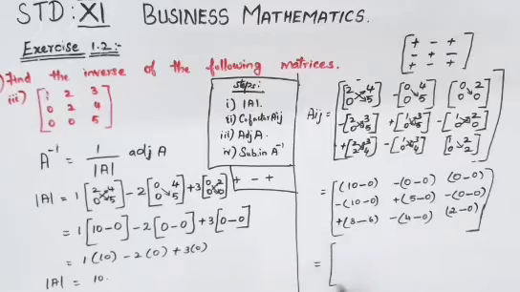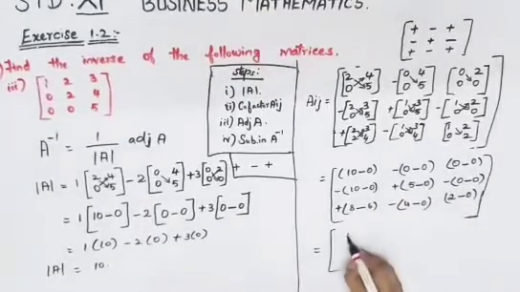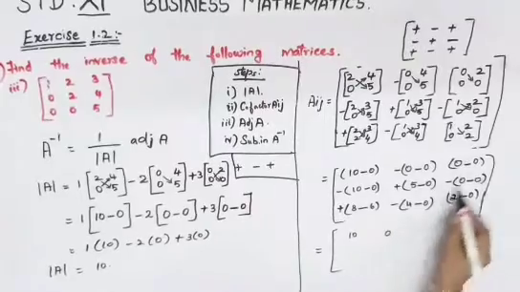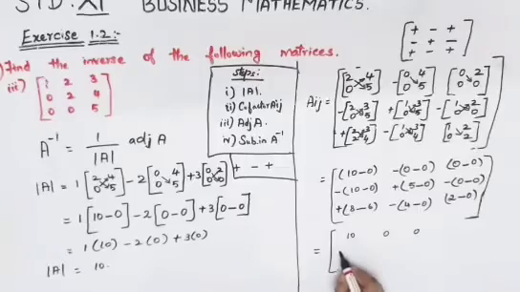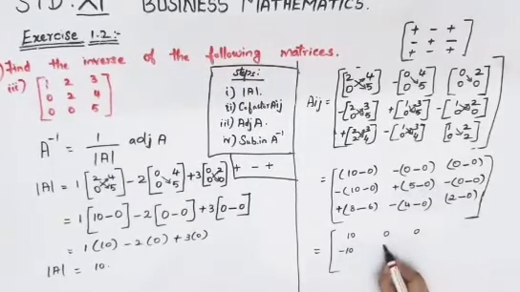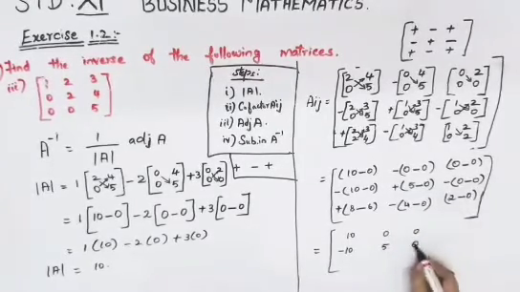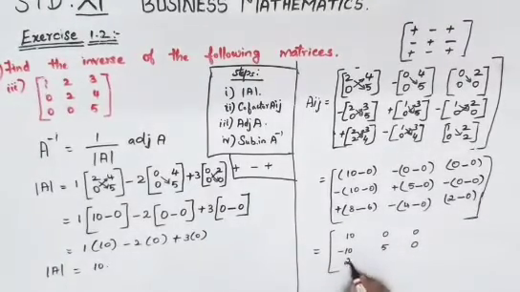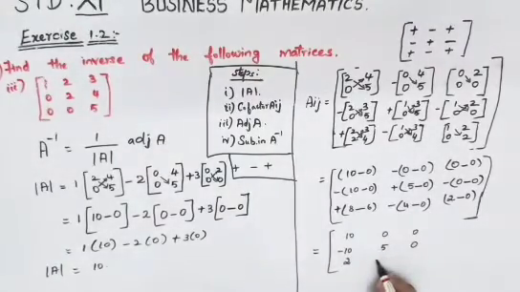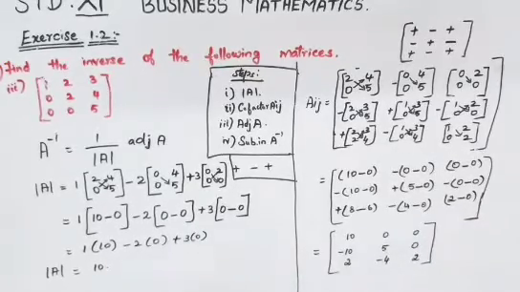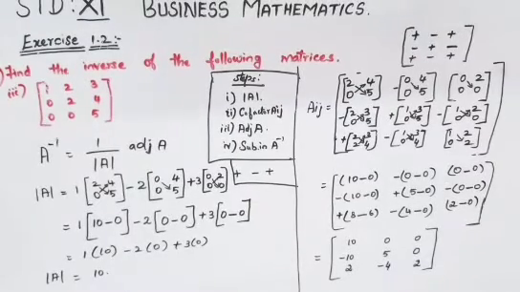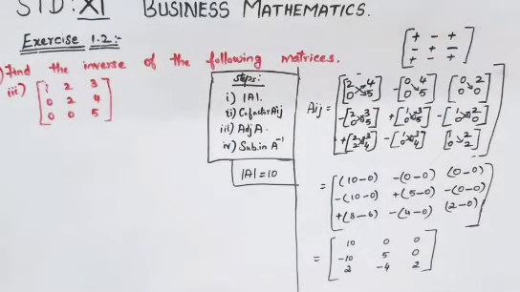Now the last step of Aij is 10 minus 0 will be 10. 0 minus 0 is 0. Again here is also 0. Again 10 minus 0 is 10, but minus is there, so it will become minus 10. 5 minus 0 will become 5. This will become 0. 8 minus 6 is 2 plus 2. 4, but minus is there, so minus 4, 2. So this will be your Aij. So Aij we have got it.